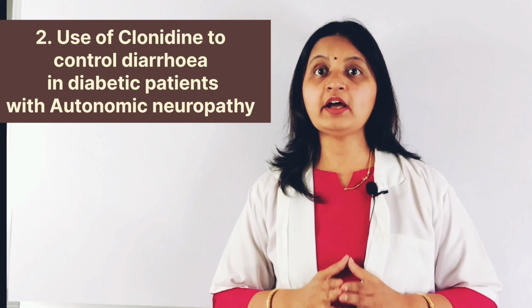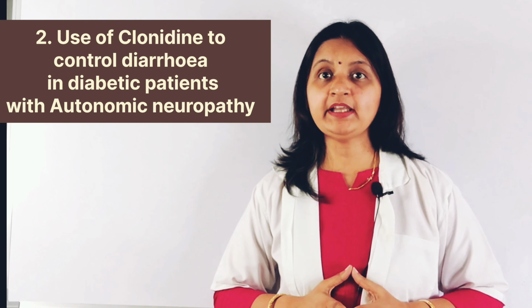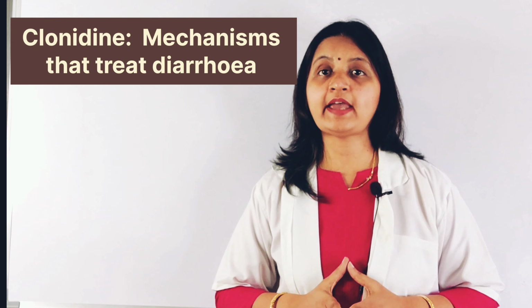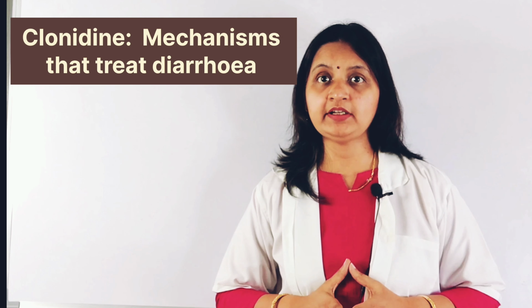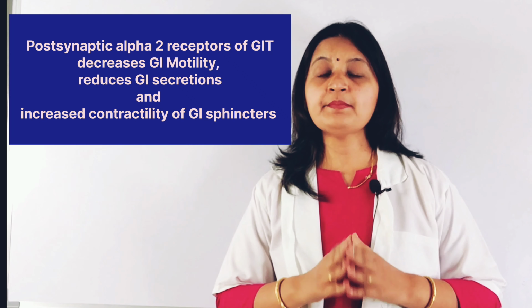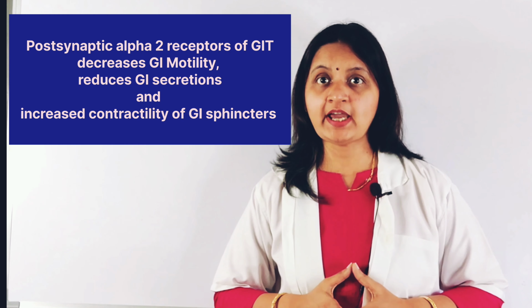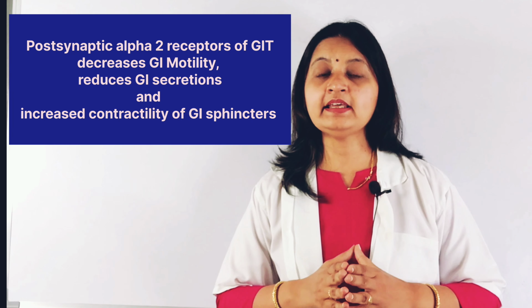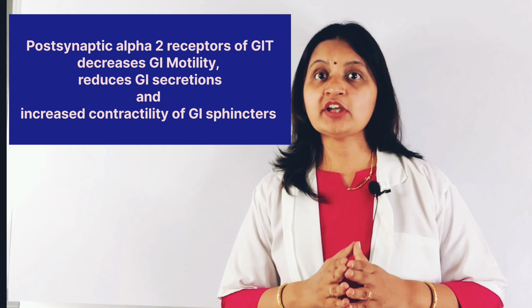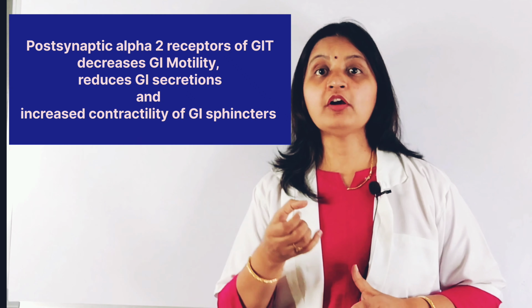The next use: clonidine is useful to control diarrhea in diabetic patients with autonomic neuropathy. In general, the gastrointestinal system is innervated by sympathetic and parasympathetic neurons. The sympathetic stimulation of the GI tract causes decreased motility of the intestine, decreased GI secretions, and contraction